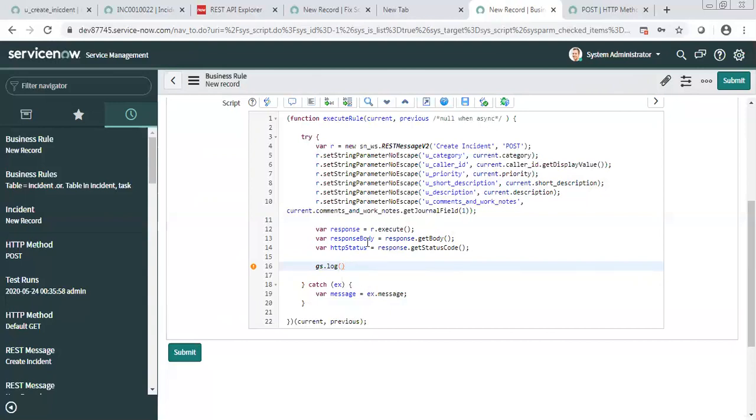Maybe what we can do, you can print this response. What first thing you can put, r dot, what was that?